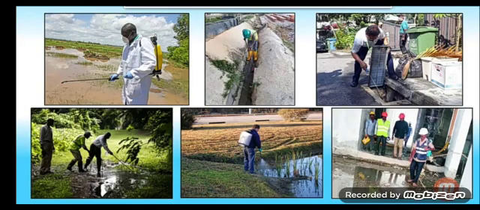So the first step was to identify the breeding places and prevent water logging. But water logging cannot always be checked at all places. So the next step is, if there is water logging, kill larvae, that is the baby mosquitoes, by spraying oil or chemical insecticides. Like in these pictures you can see spraying oil and chemical in the rice fields, drains, grassy ditches, accumulated water and flooded water.